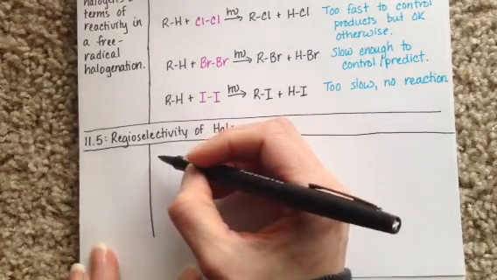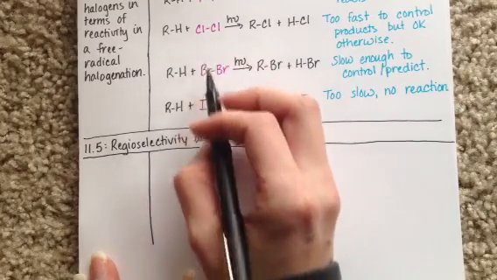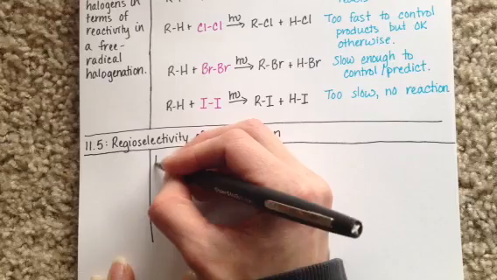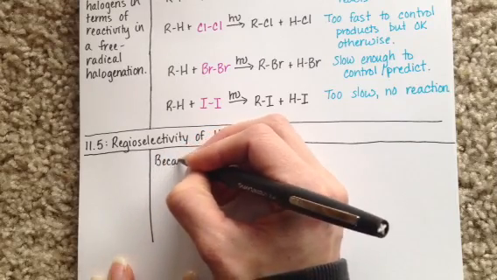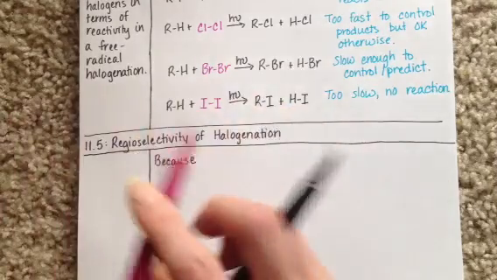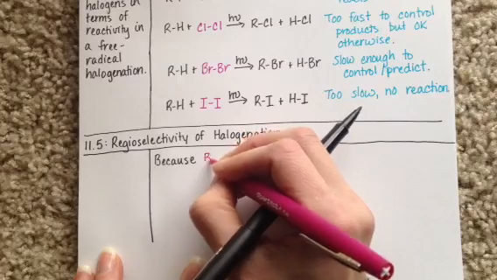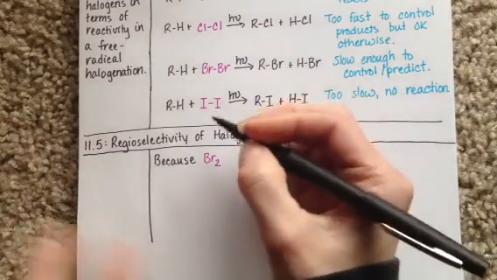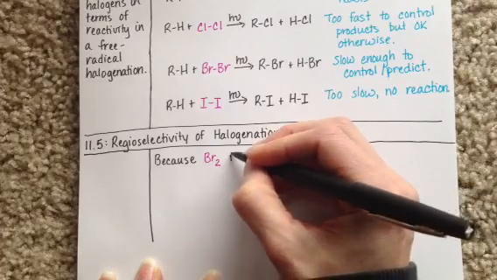And we're going to be talking about bromine and chlorine because those are the only two halogens that are reasonable to use in a halogenation process. We're going to first talk about bromine, because bromine is the most controllable halogen in terms of free radical reactions,